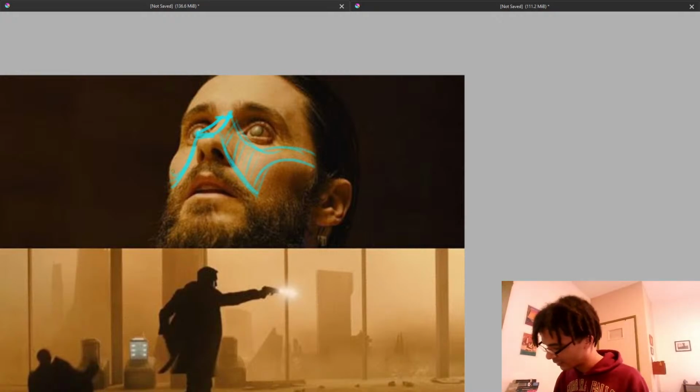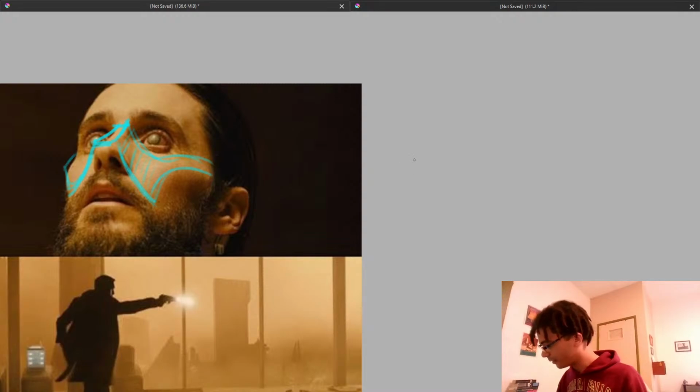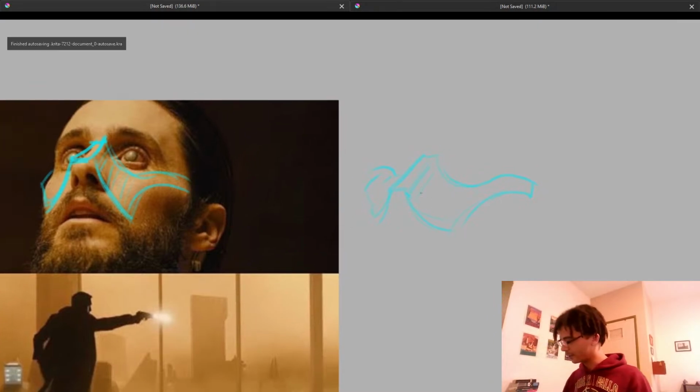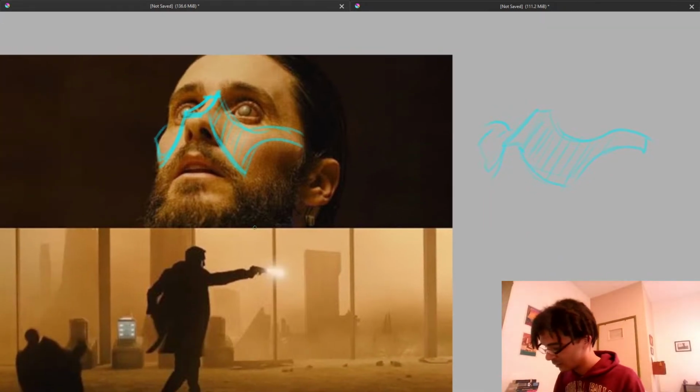You can kind of feel the saddle shape of the skull and the jaw there. And he's got very angular cheekbones, right? That sort of swooping, almost like you see with samurai masks sometimes, they construct it like this. Doing this can be really helpful for understanding overall the shape of a person's